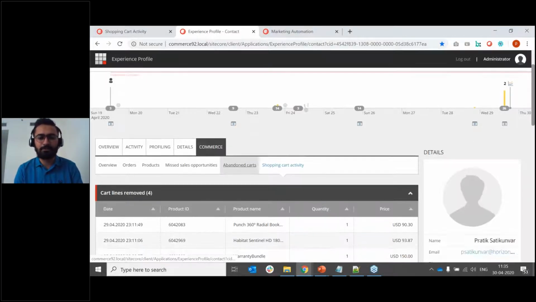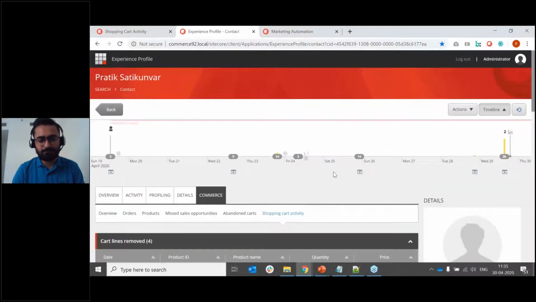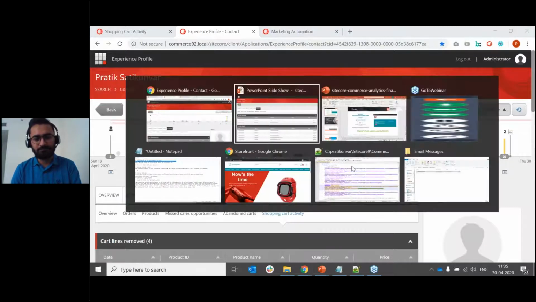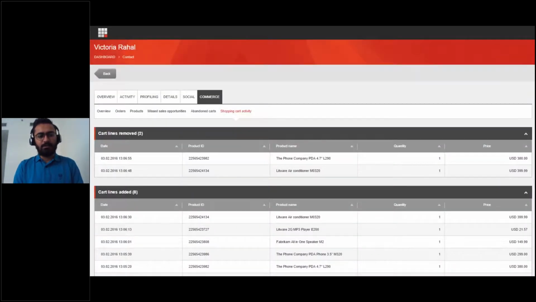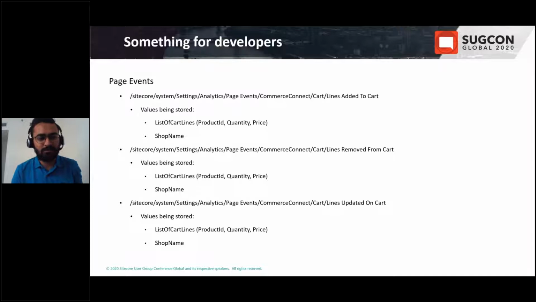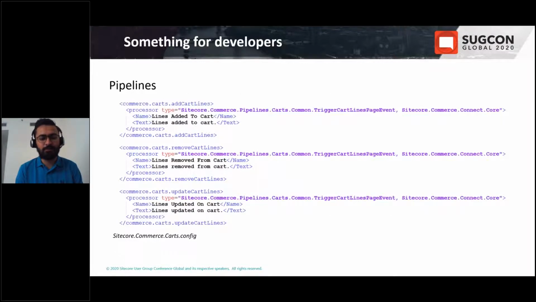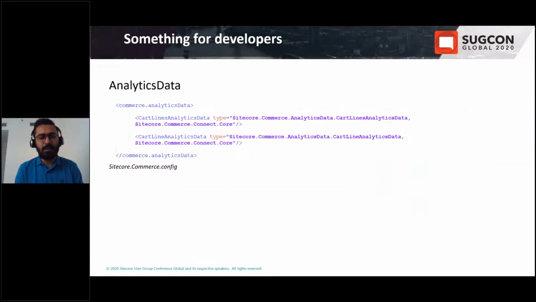So this data is important. Again, for developers, these are the page events being raised for add to cart, removed from cart, and update cart. And these are the pipelines responsible for raising these events. And these are the analytics data which are responsible for storing and retrieving that data into interaction, which can be modified as per your need.